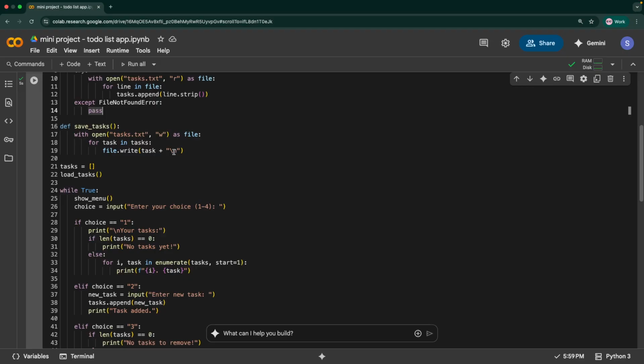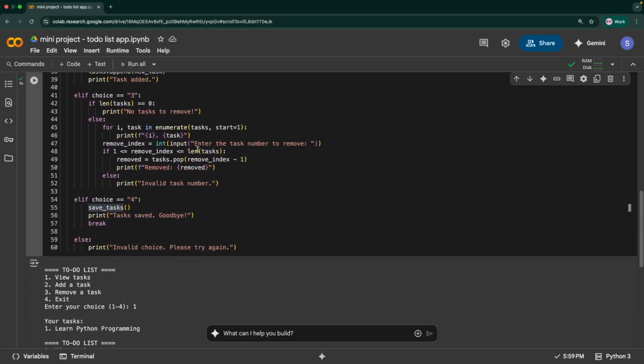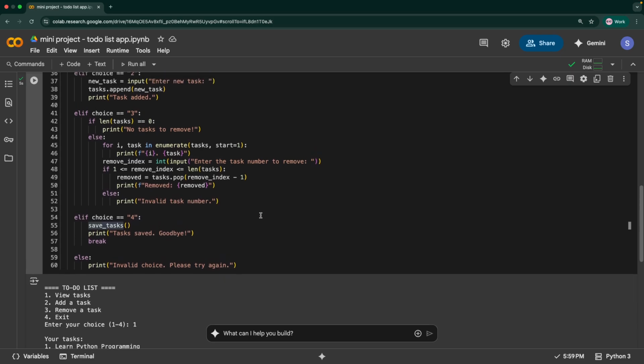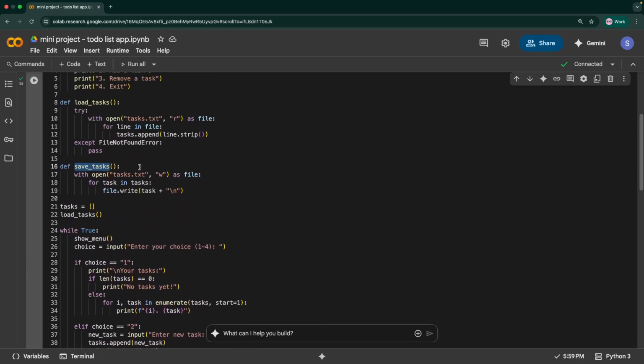So we overwrite it because in a particular session, the user may remove particular tasks because they have already completed them, right? So you have to overwrite this entire thing with their latest updates. They might have removed a task, or they might have added a task and so on. So save tasks basically saves all the tasks towards the end of the session. As you can see, when they exit, when they click on this 4, the latest state of the list of tasks, and the removed tasks, everything is updated in this file.